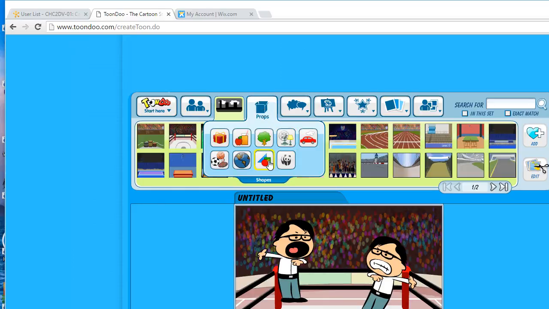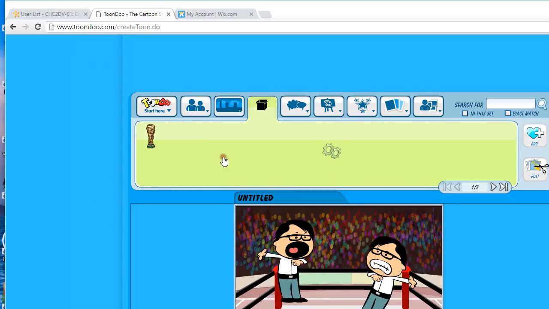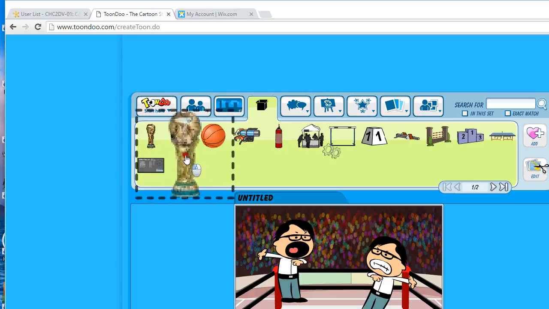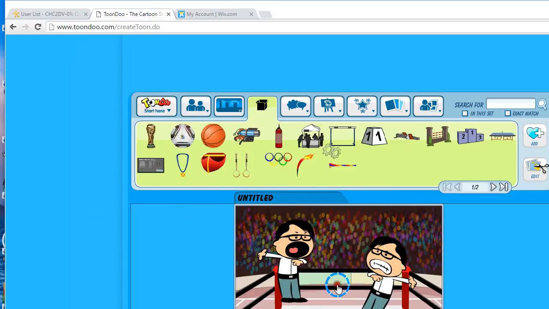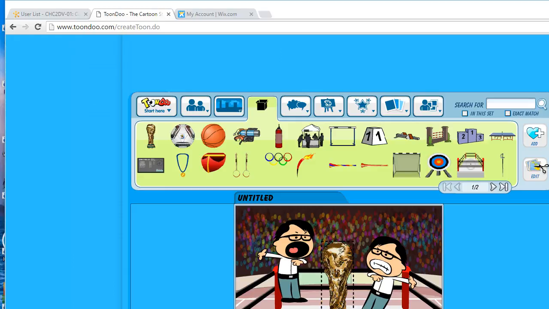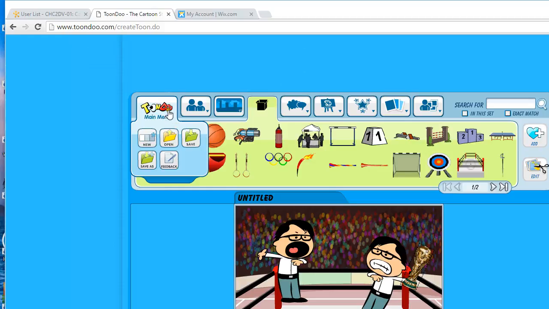We can add some props here. Yes, they're going to be boxing for the World Cup apparently. Okay, now that trophy's a little too big, so I can shrink it. Okay, so you can do all sorts of things with it. He's got the trophy. Let's make sure it's in his hand properly. It's really, really user-friendly. When you're done, go up here to Start, and then hit Save, or you can hit